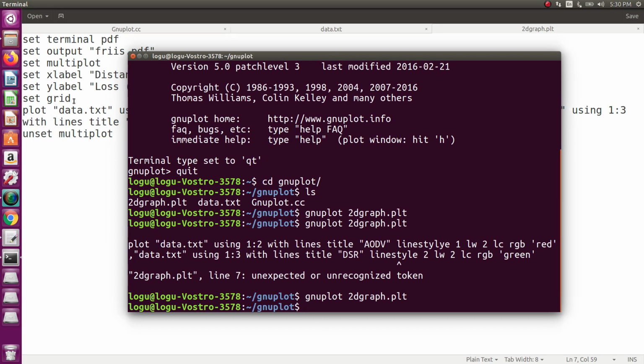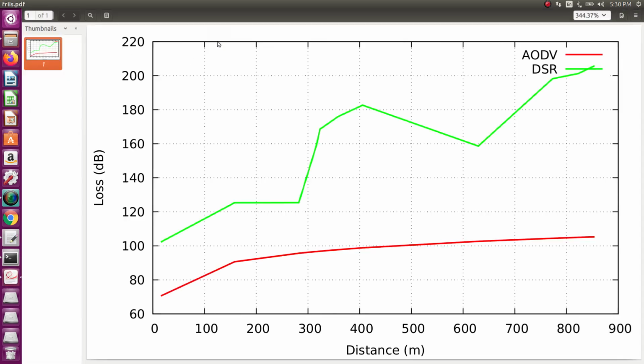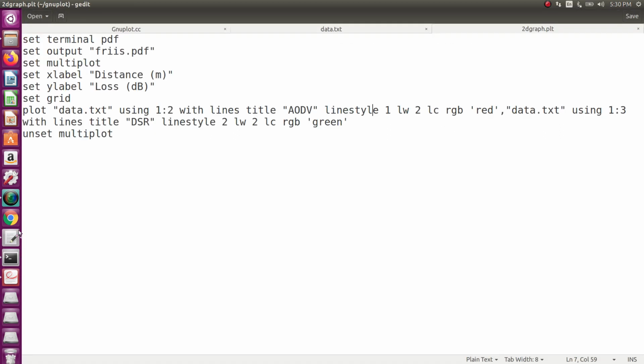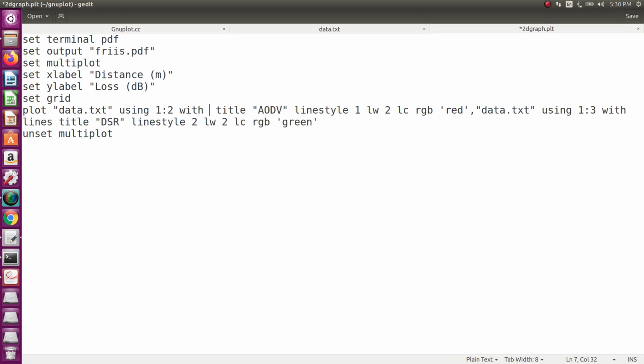Now there is no error. Open that program. These are lines. Already we saw lines points, and now it is lines. The next, I need impulse, so just give impulse.